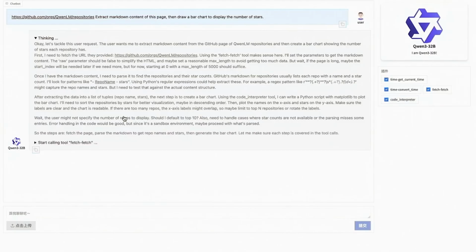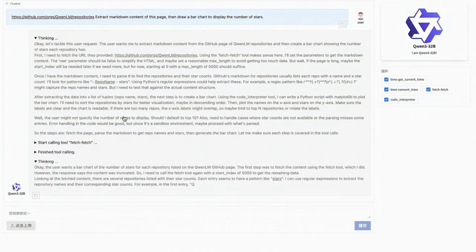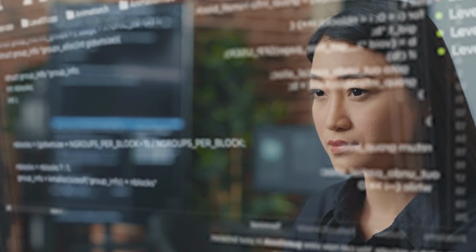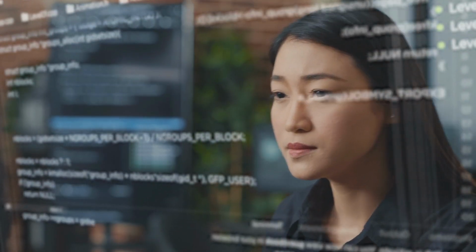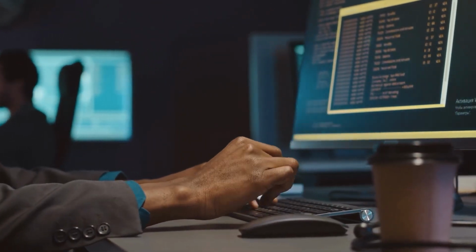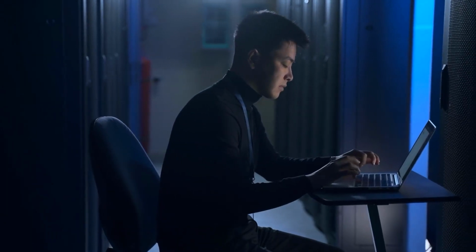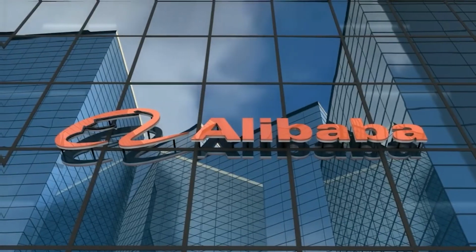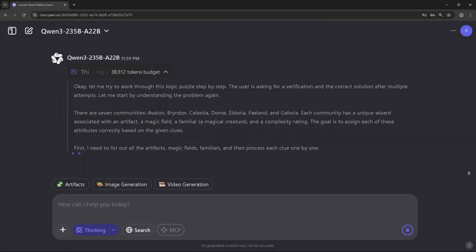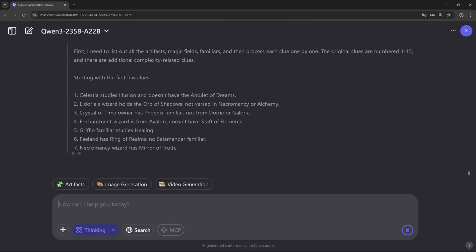Some versions can be run with a single terminal command, and others come with plug-and-play wrappers for tool integration, code generation, and task automation. Whether you're an AI researcher, indie developer, or enterprise team, Qwen 3 is ready to deploy, scale, and compete. This release alone is enough to shake up the global AI landscape, but Alibaba didn't stop there. Next, let's look at the features that make Qwen 3 shockingly powerful in real-world use.